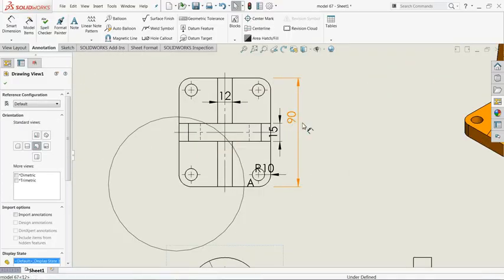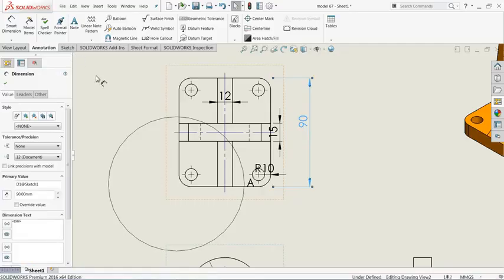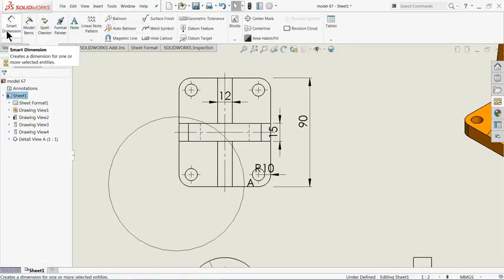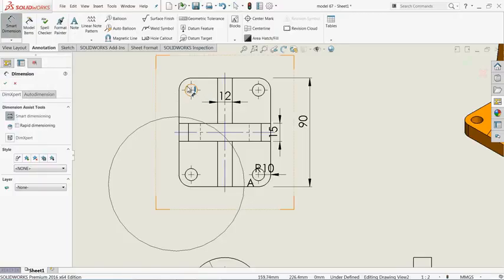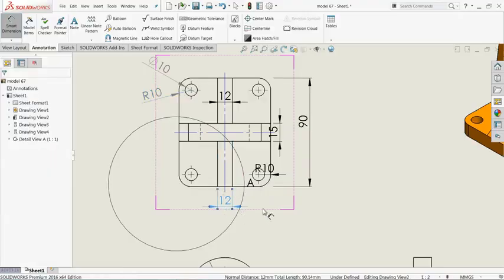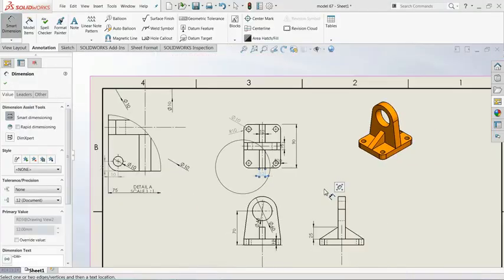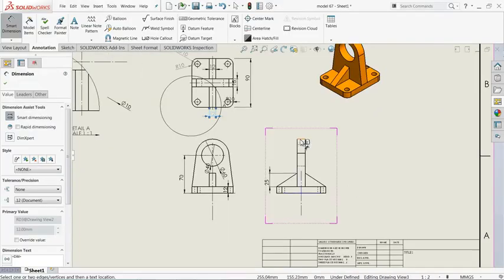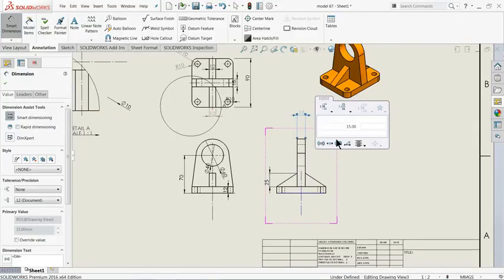Now if you want to apply dimensions individually, we have an option here in Annotation, Smart Dimension, and you can assign separate or individual dimensions from here. If you click, you will see a small window.